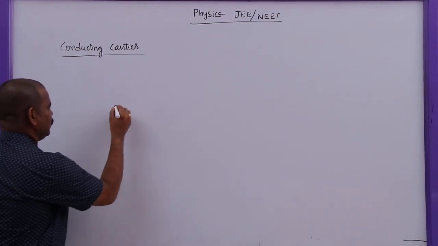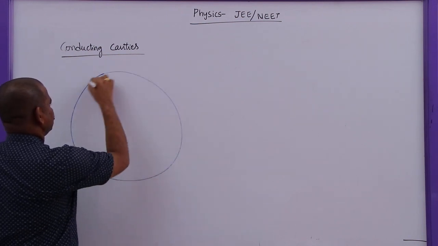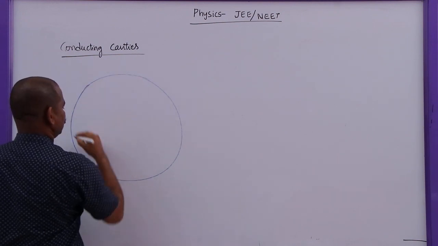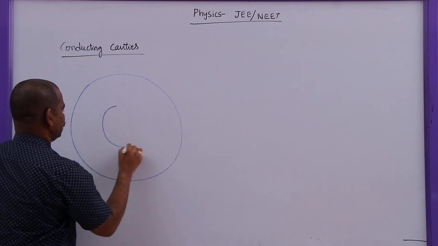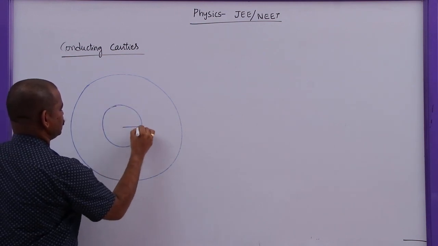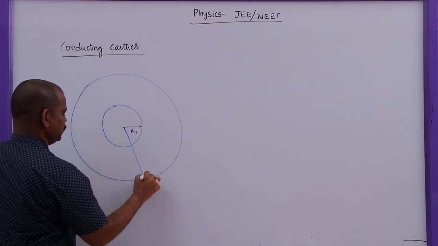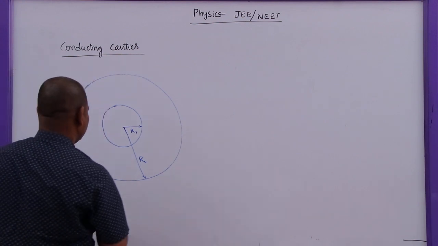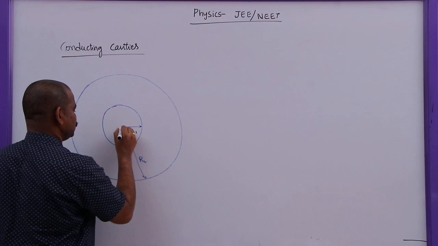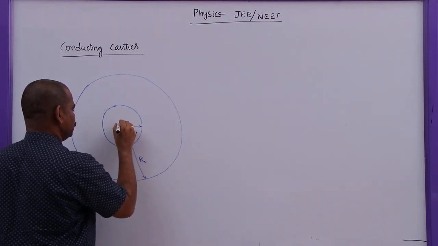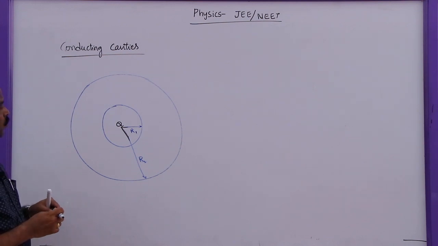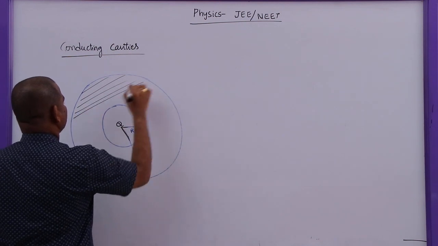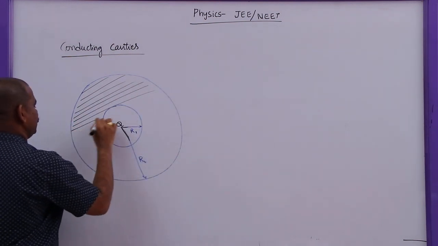Here, let me take one sphere of radius R2, and I have taken one small cavity inside it of radius R1. I am going to keep a charge Q at the center of this cavity. What happens to this one? As it is a solid conducting sphere with a cavity,